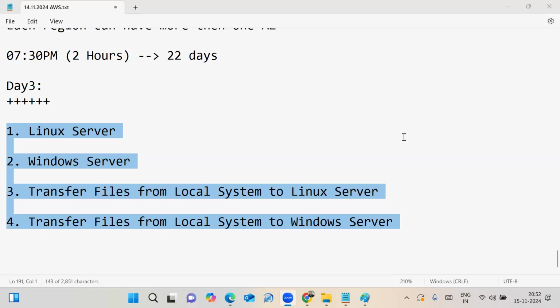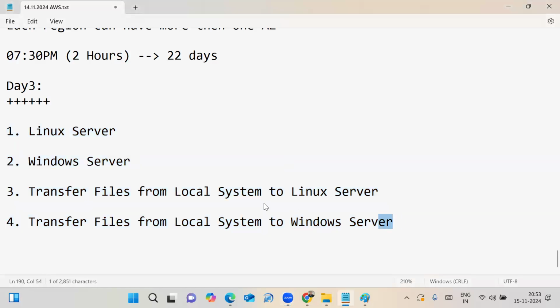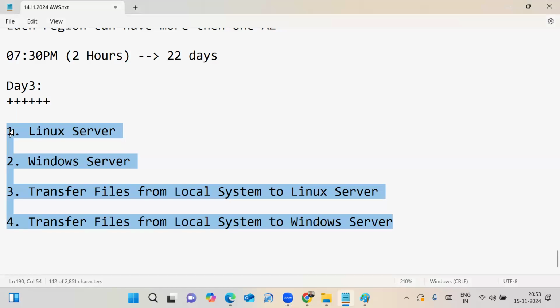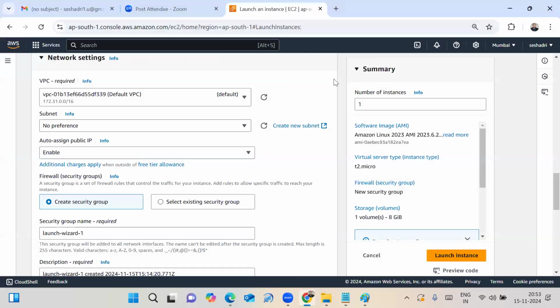Monday onwards I have to plan 2 hours. Tomorrow I am taking 1 hour 15 minutes or 1 hour 20 minutes. Yes, 7:30 to 9:30 from Monday onwards. Tomorrow is only 1 hour or 1 hour 15 minutes, maximum, to complete those concepts. Every day is only hands-on. I'm not focusing on theory, only on hands-on. Okay.